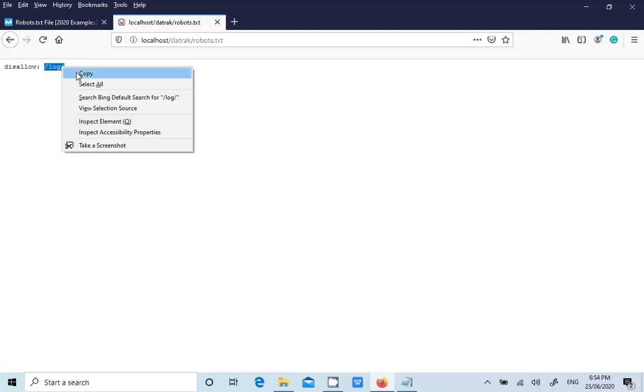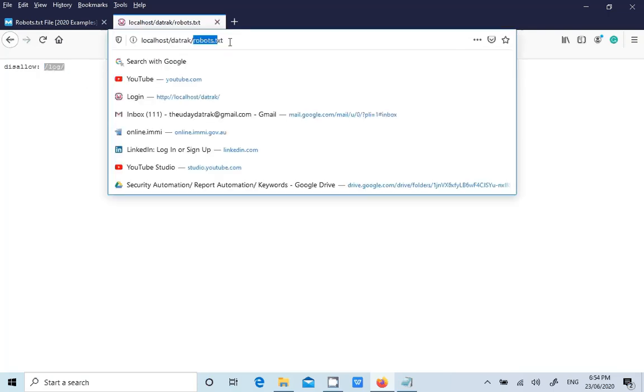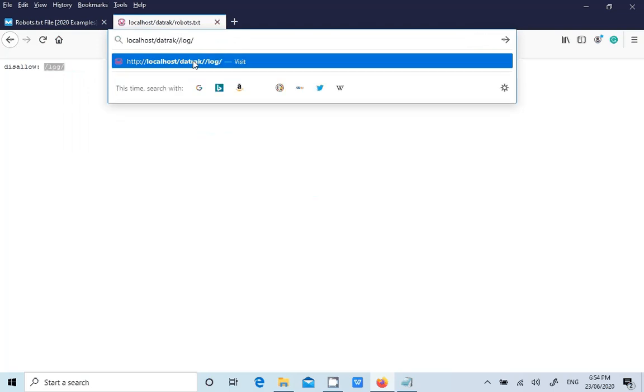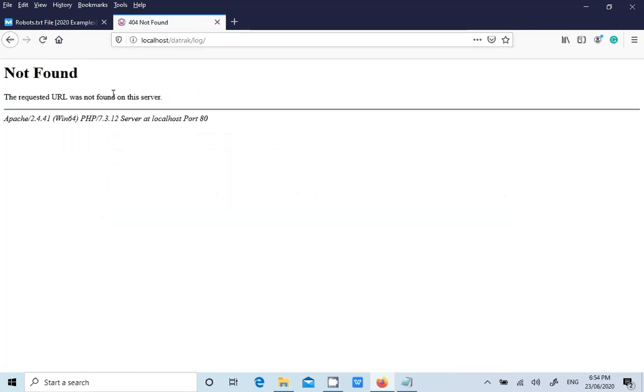Okay, it is showing some path like disallow /log. That means it is telling crawlers, like third party engines, not to crawl the files in this particular folder. So now I'll try to access it directly by looking at this path, because I came to know that there is a particular folder. Okay, now it is showing that this particular folder is not found on the server.